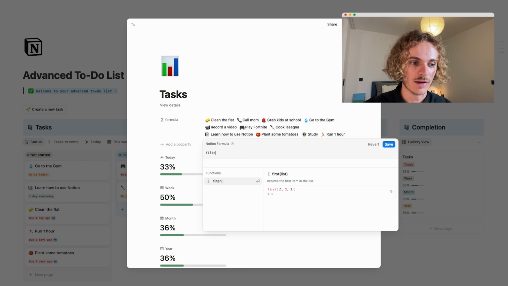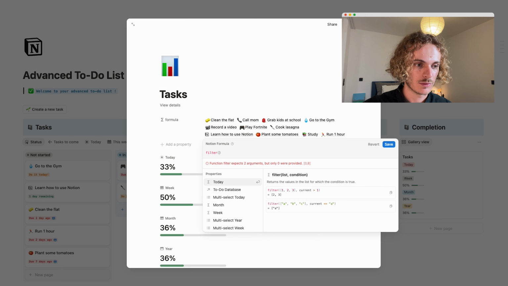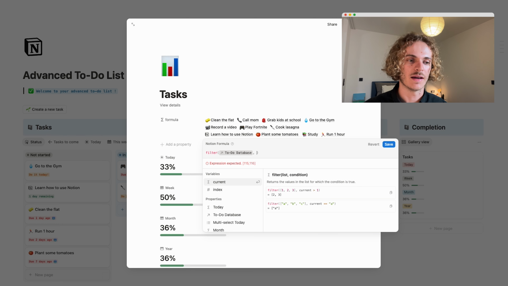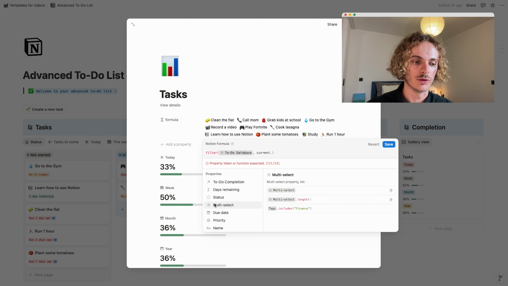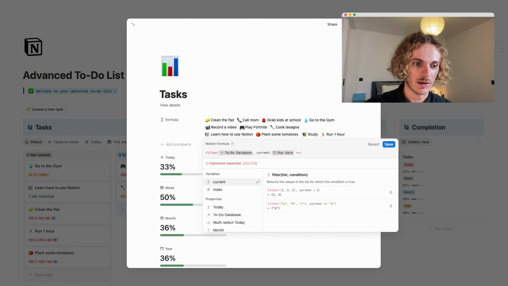So the filter will enable us to filter some properties inside a list. So filter, two brackets, let's select as always our lists or our database, and after there is the condition. So let's put a condition. So let's put current dot, so due date. So it will be a filter based on the due date, and we can put the condition